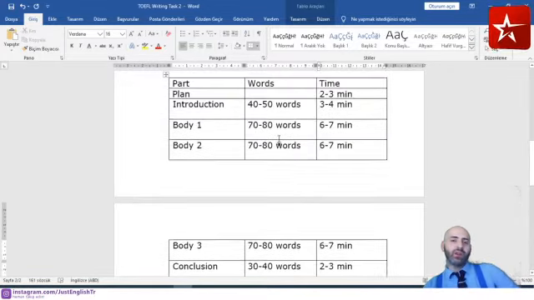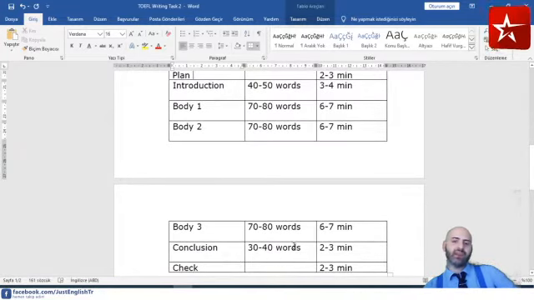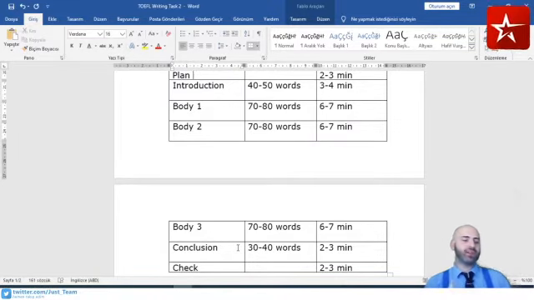Okay, so you need to make a plan and you need to check at the end what you have written. Why is this important? Why is planning important and why is checking important? Because writing is a very creative task. When you are writing something, your ideas can change. Sometimes maybe the muse comes over and you are going somewhere different. So when you have a plan, you know very well where you should go, what you should write.